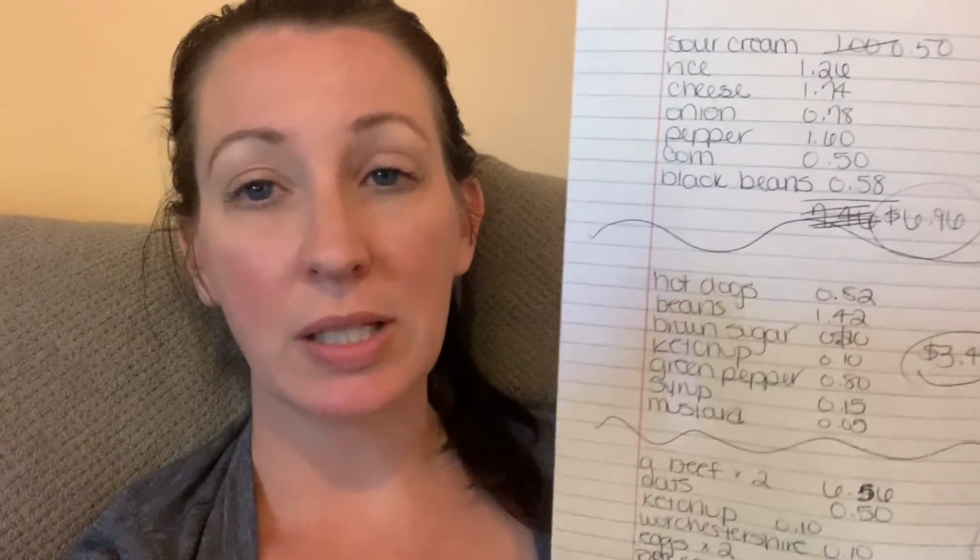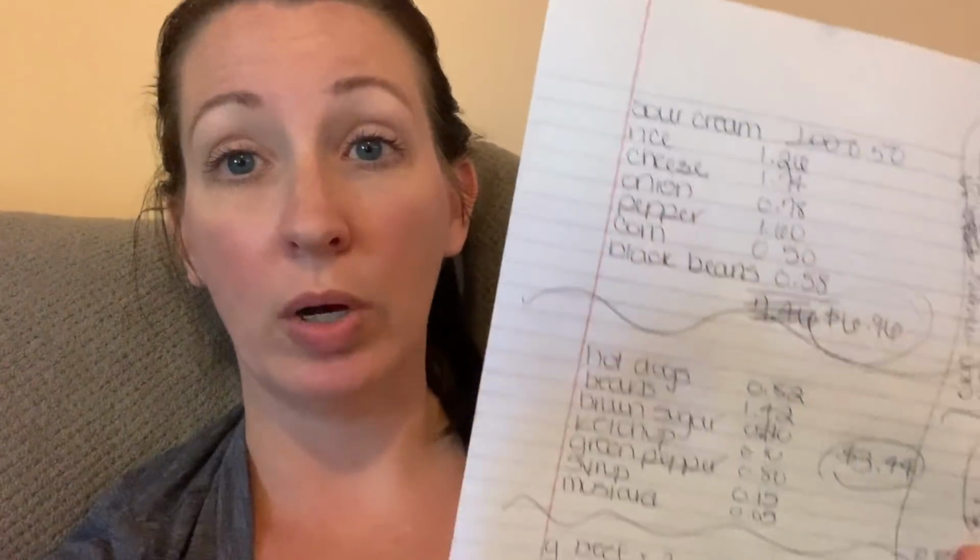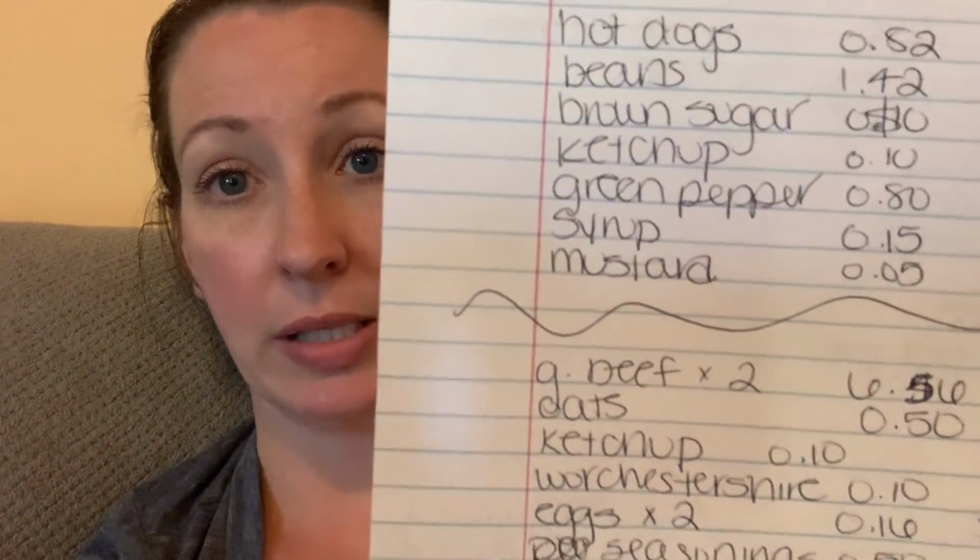Also, a lot of our items I get at Aldi, so it's actually even cheaper than this. But just for this, because all these items I had on hand, I didn't go to the store to make them. I just made them and filmed them the days of. So I didn't get a receipt to do specifically price breakdowns for these meals. So I am just going on our Walmart website, the Walmart grocery app, and I'm putting the prices down for